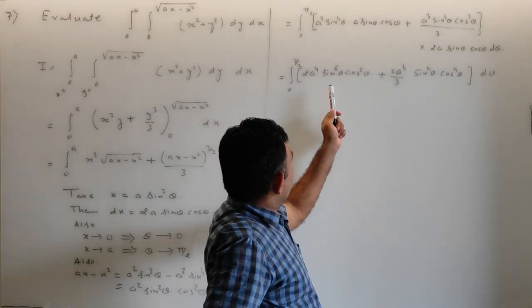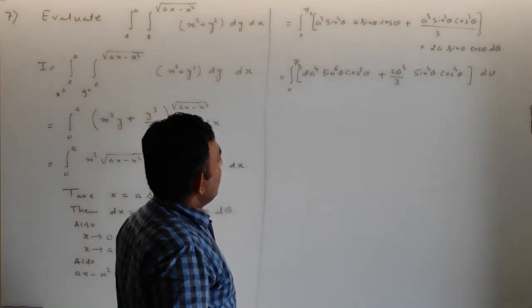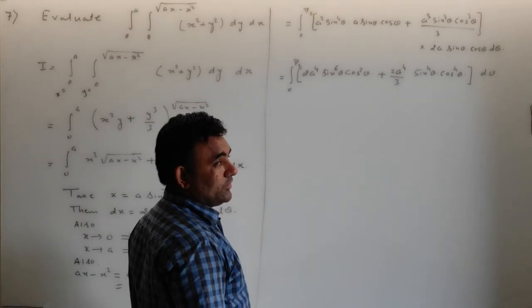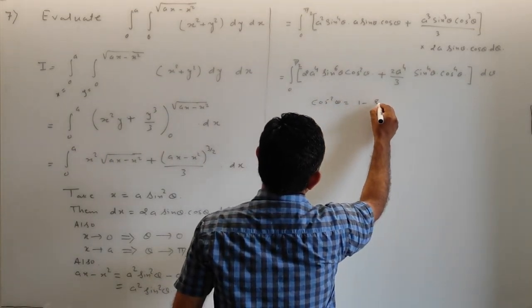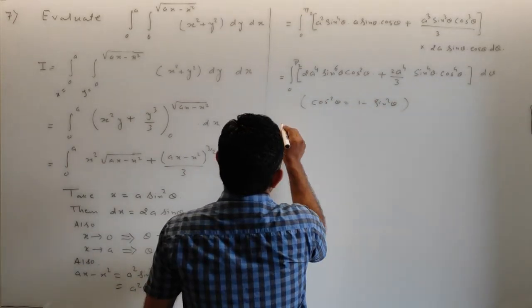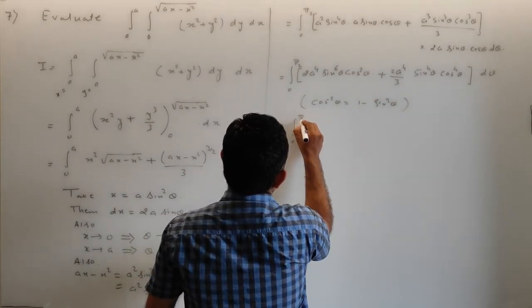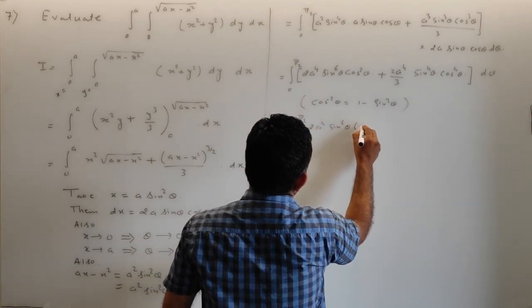Now here I have the product of sine and cos both. So what can I do? Let me use this formula: cos square theta is equal to 1 minus sine square theta. So it is integral from 0 to pi by 2, 2a raised to 4 sine raised to 6 theta into 1